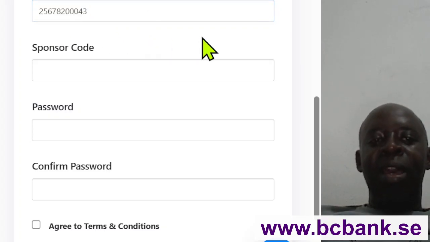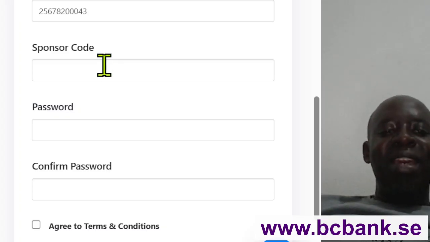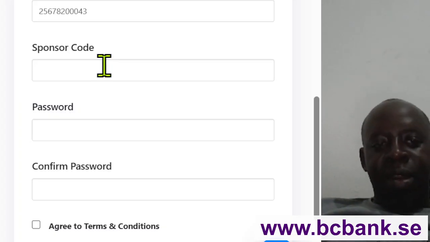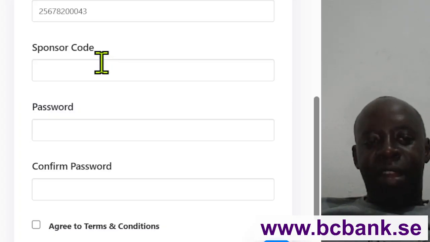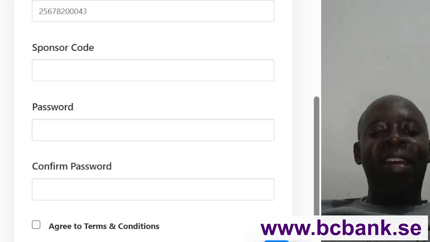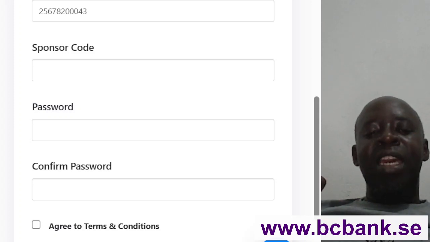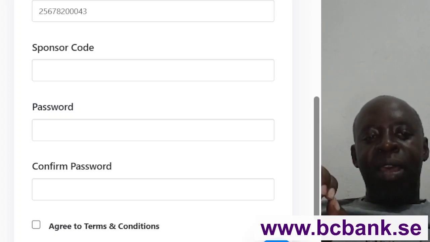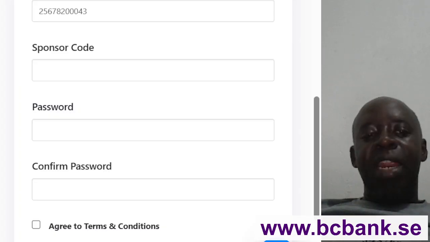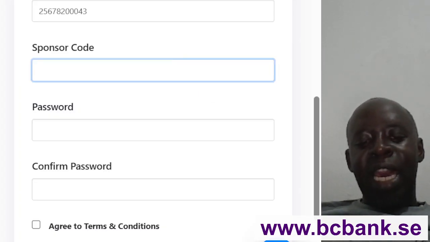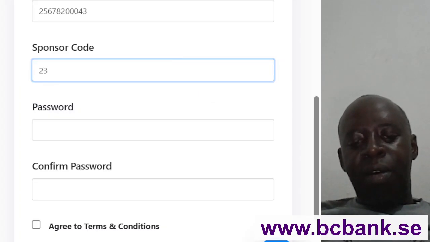without a plus sign. Now, after that, the next section is where they require a sponsor code. This is very, very important. You must have a sponsor code, and you can only get that sponsor code from an existing verified user of the platform. For example, I am verified. I opened up my account and I activated it. So when I give you my sponsor code, it will work. My sponsor code is